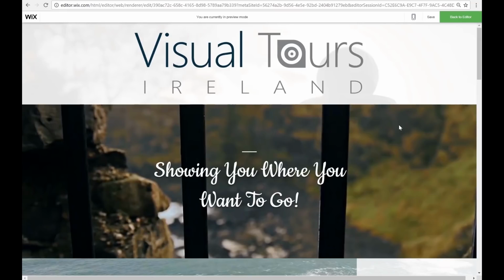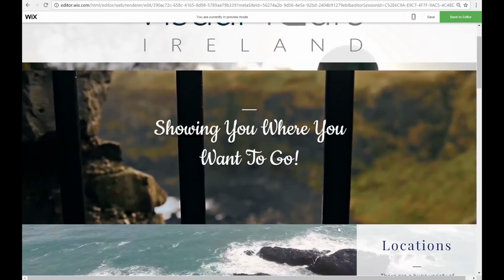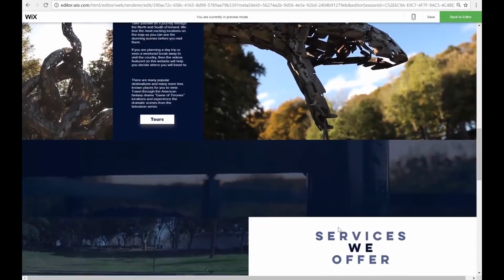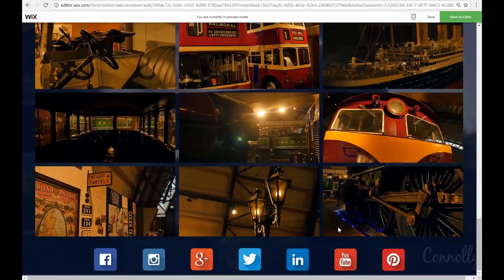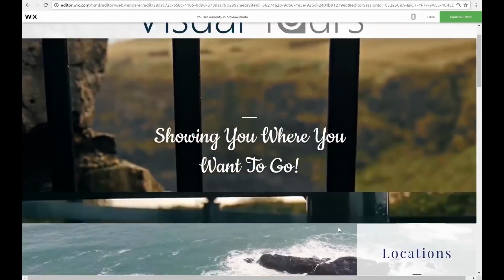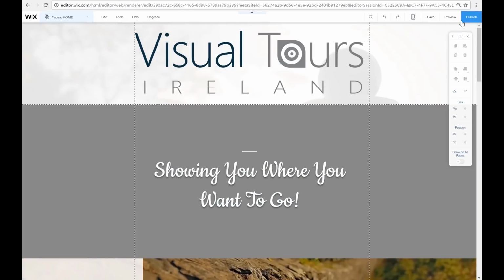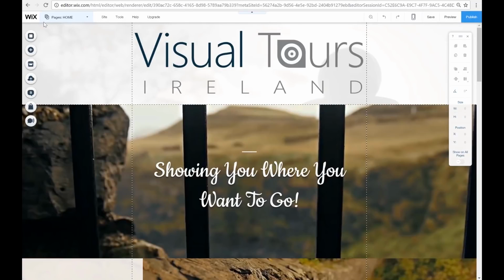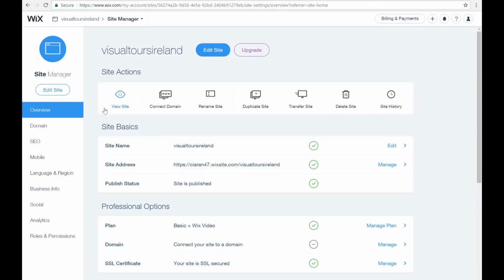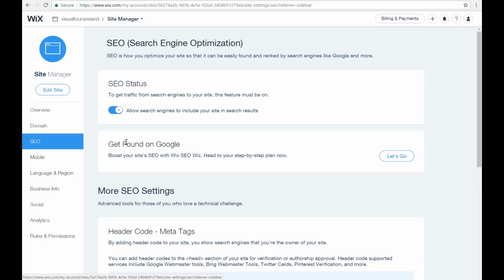So as you can see, we've upgraded the website to Wix Premium, and there is no longer advertisements on our live preview of the website, which is great. However, they're not too noticeable when they are there if you're going with the free version of Wix. If we just go back to the account, so there's a few more things we need to talk about. SEO, let's just go back into that.